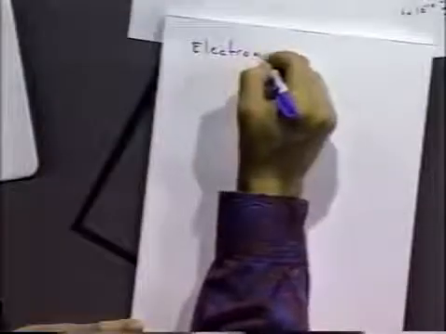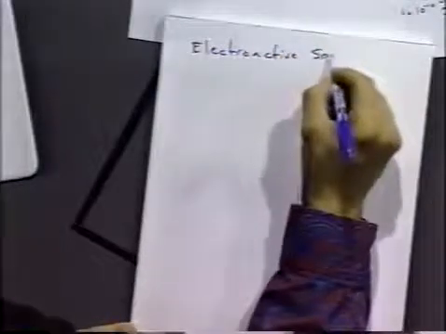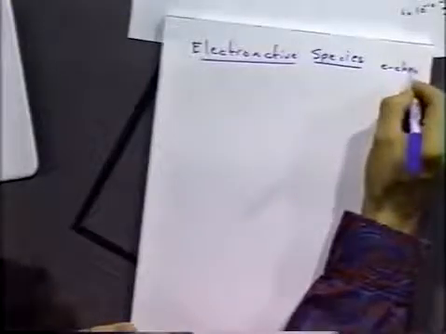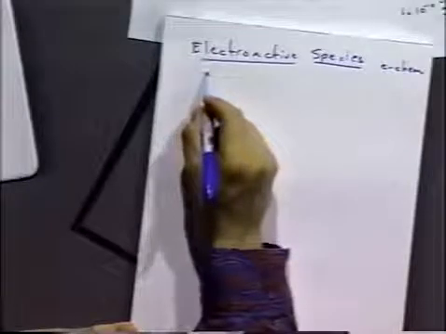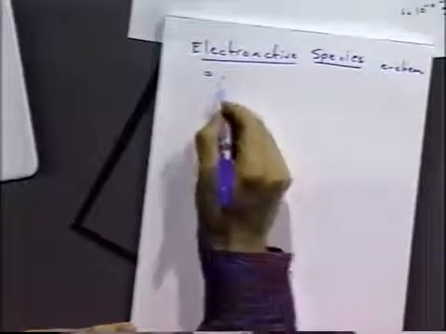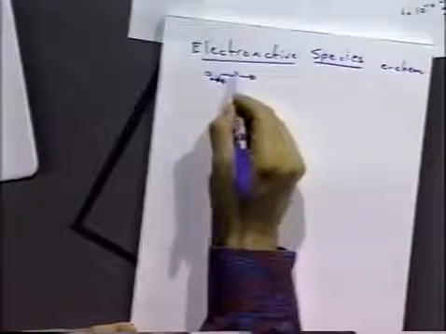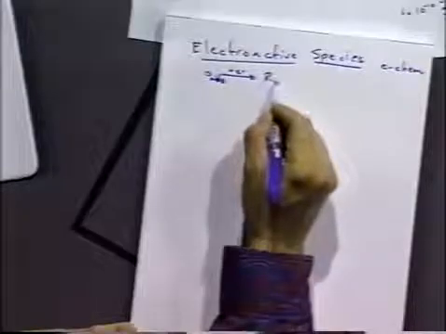What about electroactive species adsorption? Well, once we've got species adsorbed on the electrode surface, we can do some electrochemistry on those species, and that's actually become more and more popular recently for a reason I'll talk about in a minute. If we have a molecule O that undergoes an electron transfer to R,